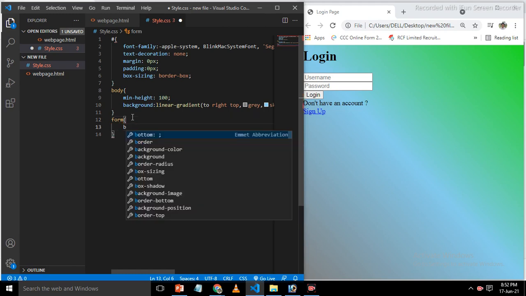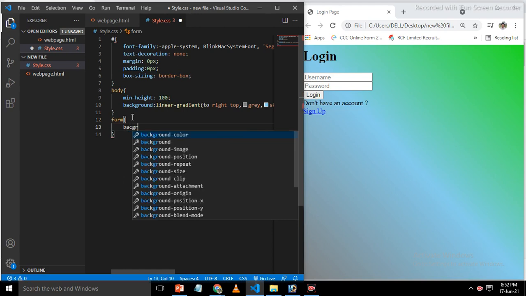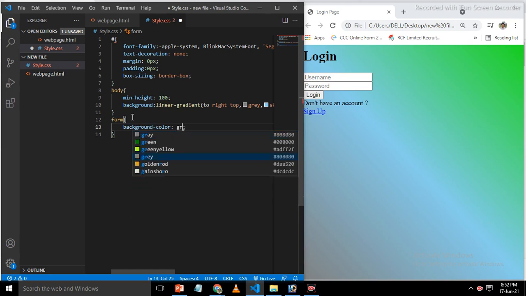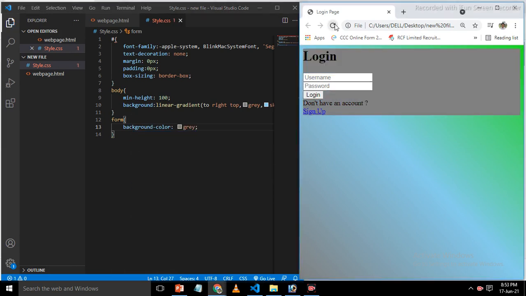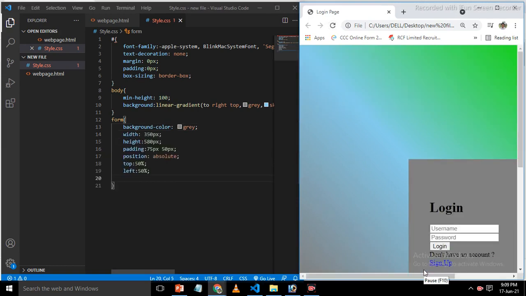So here we put a background color gray. You choose whatever you want. After applying the code in the form tag, the web page looks like this.